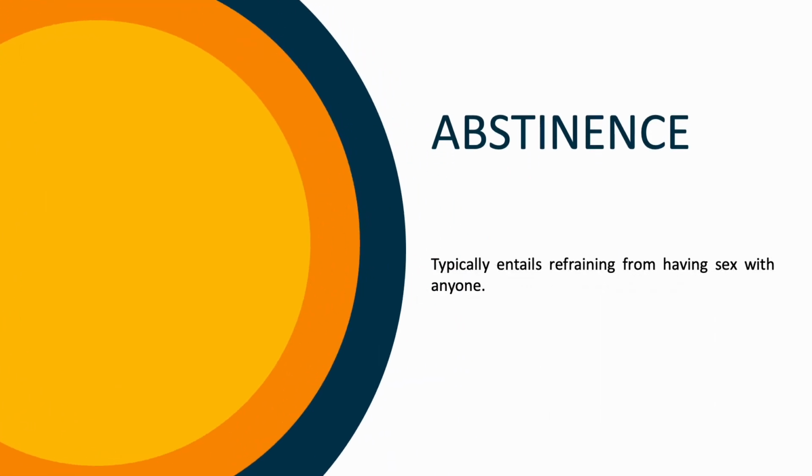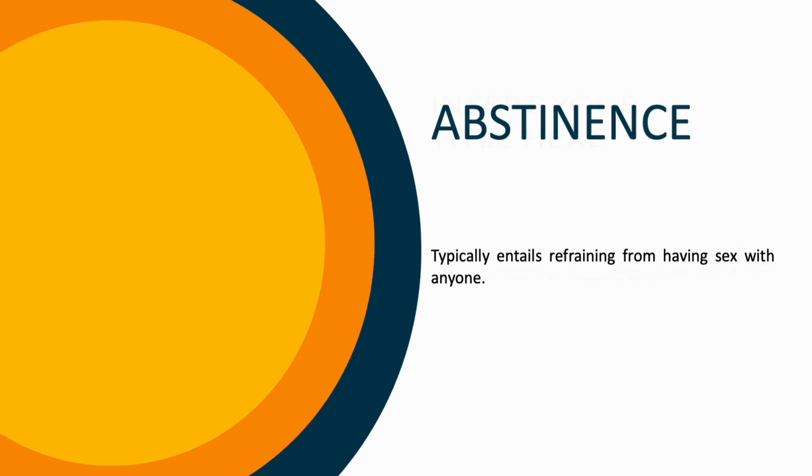Firstly, abstinence typically entails refraining from having sexual intercourse with anyone. It is occasionally used as a form of birth control, removing any chance of getting pregnant. Pregnancy is unlikely if one always abstains from all sexual activity. Some people define abstinence as refraining from all forms of sexual engagement, including vaginal, oral, and anal intercourse. Others define abstinence only as refraining from all vaginal sex but permitting other forms of sexual activity.